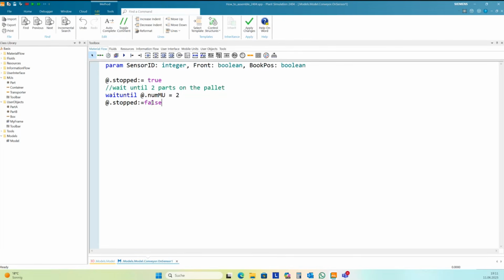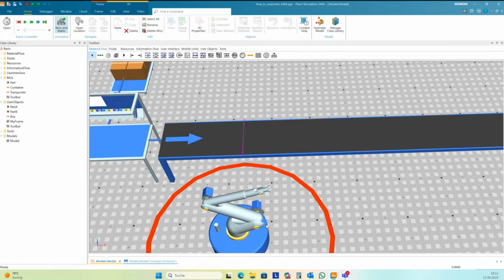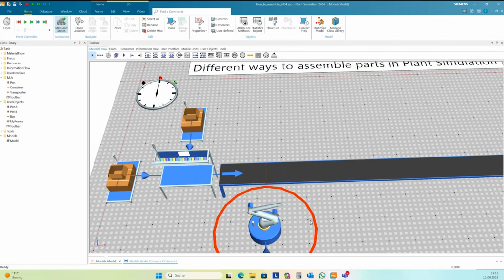And now this palette leaves this position already after 1 additional part is assembled. And this is what I want to see here.